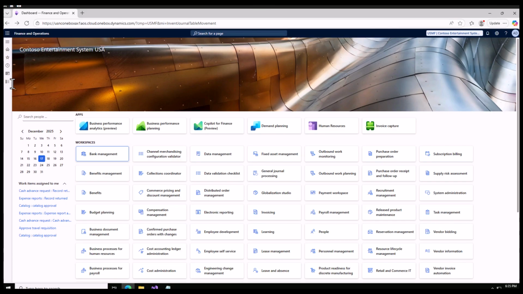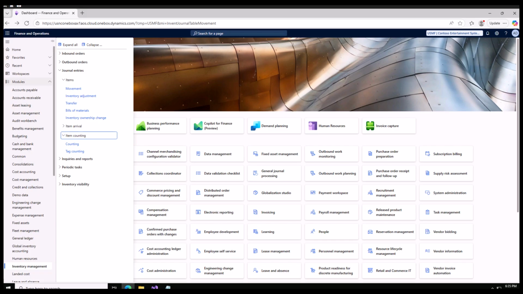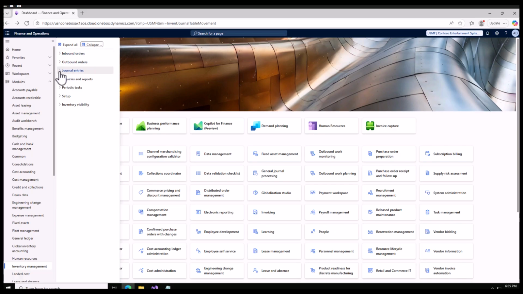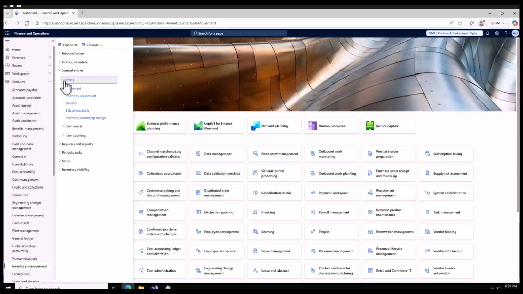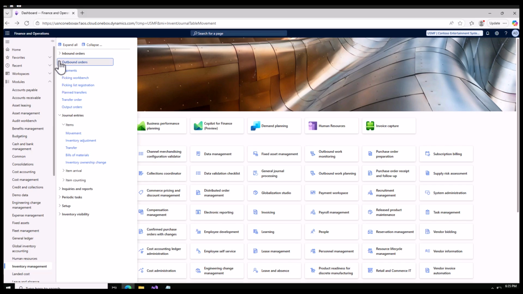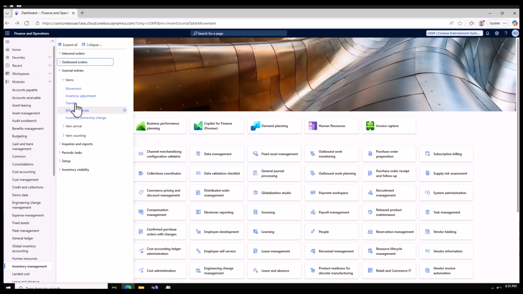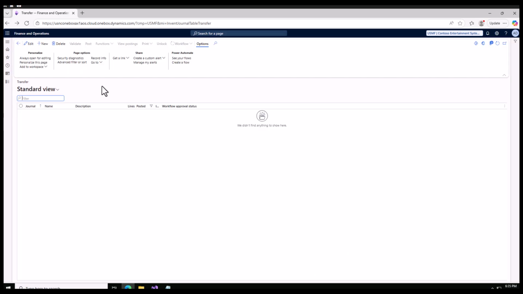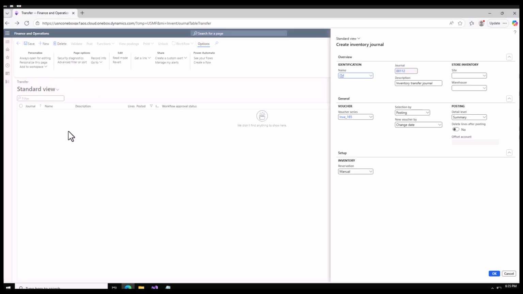Now let me navigate to the system and show you one by one. When you go to inventory management and expand your journal entries and expand this item node, you have this transfer journal option, whereas your transfer order will be available here. Now let me click on this transfer journal and create a new one. Let's do one thing: we'll create our own journal name. So I'll duplicate this tab